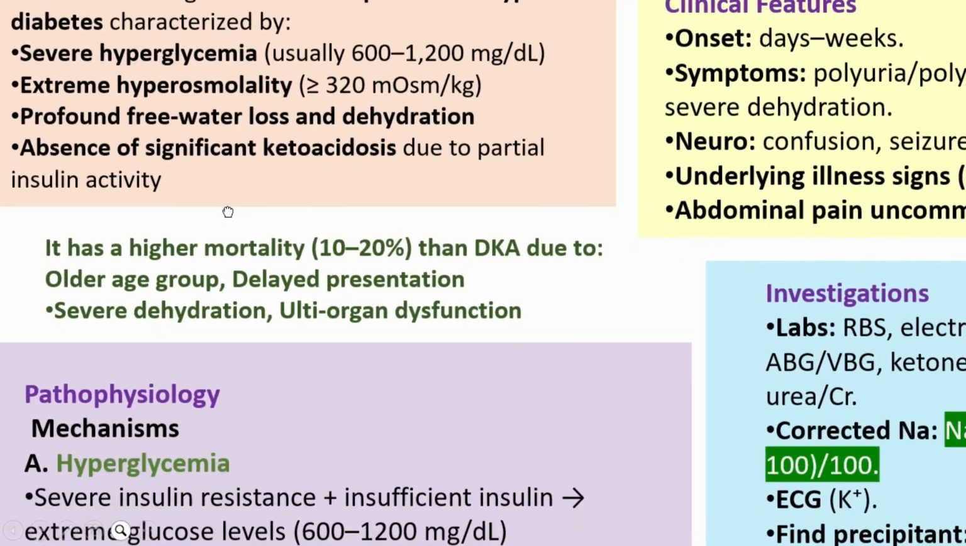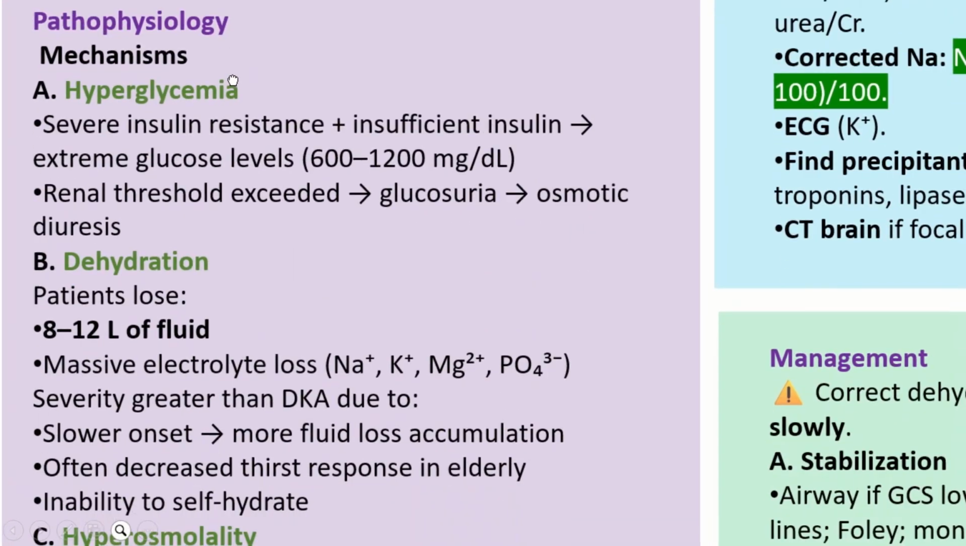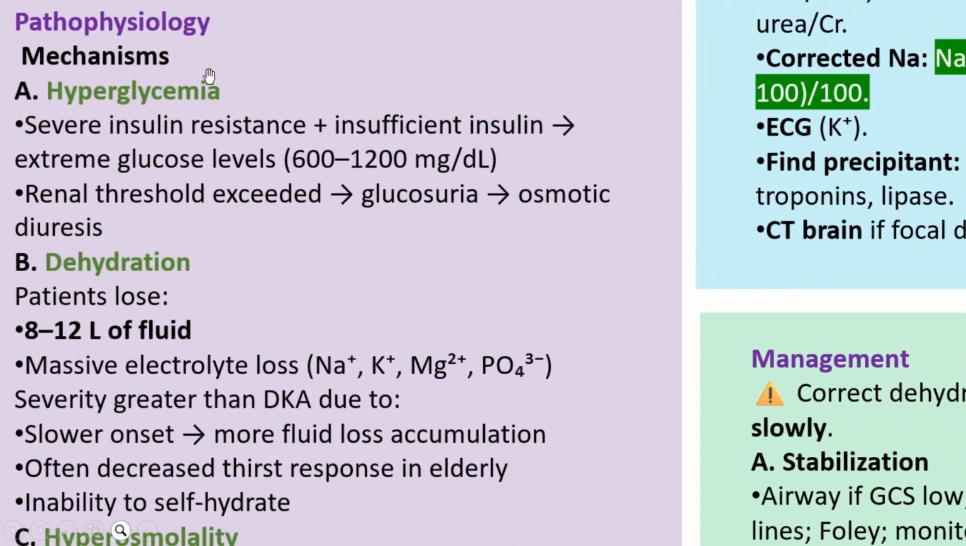So it is found to have a higher mortality than DKA, and this is because it occurs mainly in an older age group, and it has a delayed presentation, and it causes severe dehydration that leads to shock and multi-organ dysfunction. So when we look at the pathophysiology or the mechanisms of this condition, HHS, we're going to have